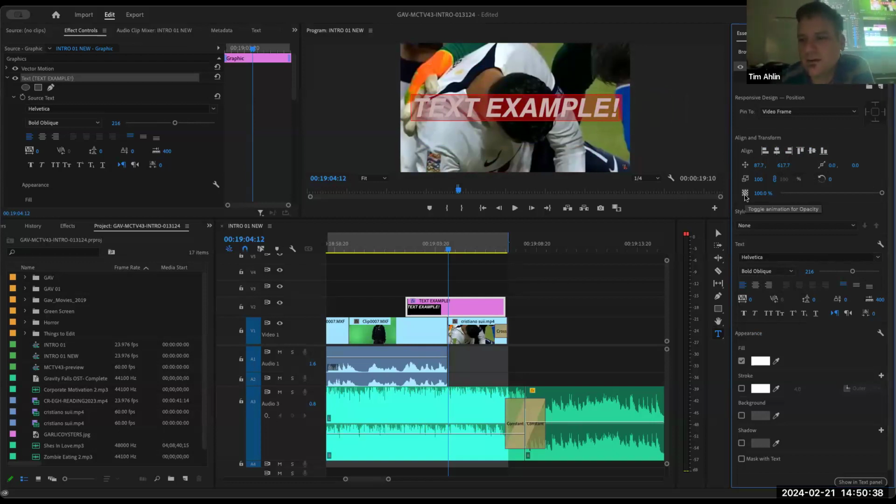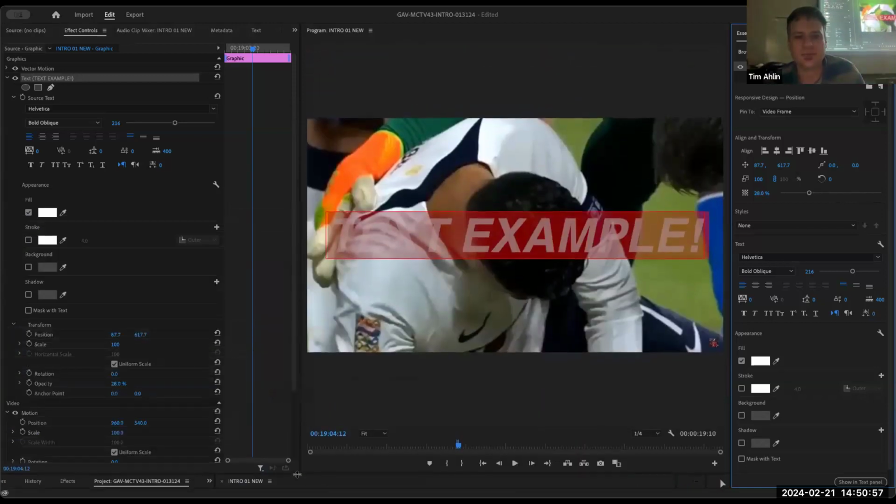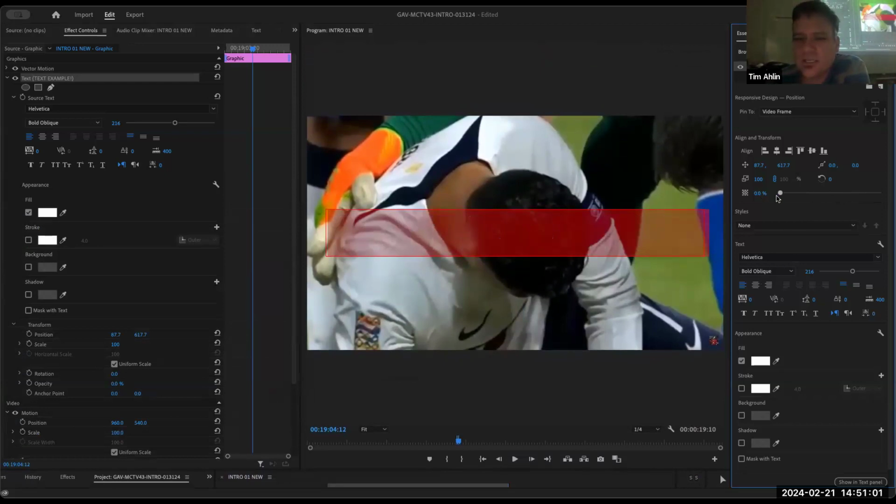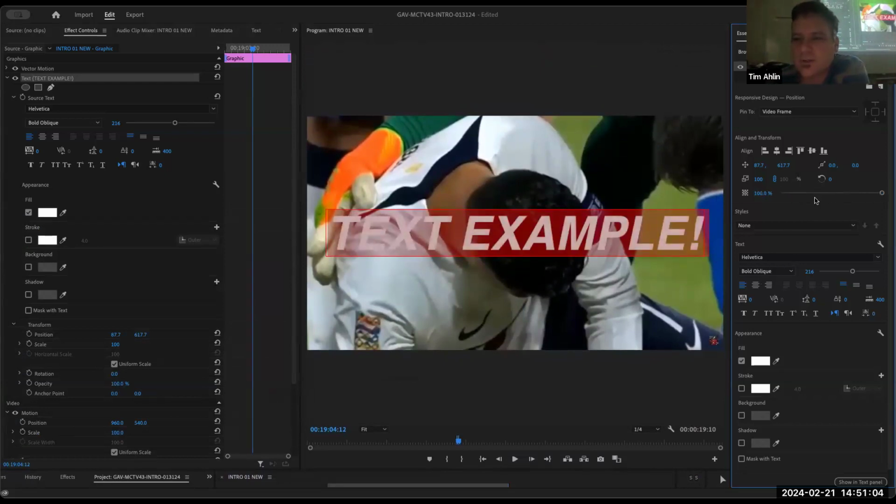Other things to note. Well, right here, everybody this semester's been owning me about this, but this is the opacity of this layer. So if we make the opacity go to 33%, we can see that it's slightly more see-through. And actually, you know what? Let's just go ahead and make it bigger for everyone to see. Okay, better up there? Yep. Better at home. Okay, so you can see it's all the way gone. We can control the opacity, right? All right, okay, styles. We don't have any built-in styles for this.